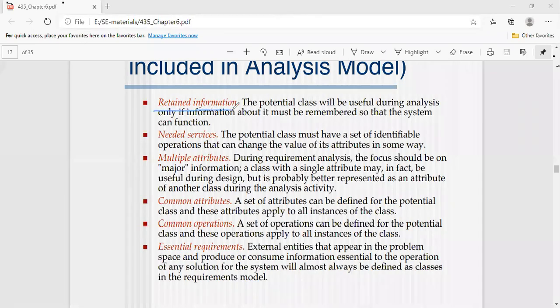These classes are used to remember the data, which means some classes are needed to store the information. Such kind of thing is called the potential classes. Those classes must remember the information related to a particular function.